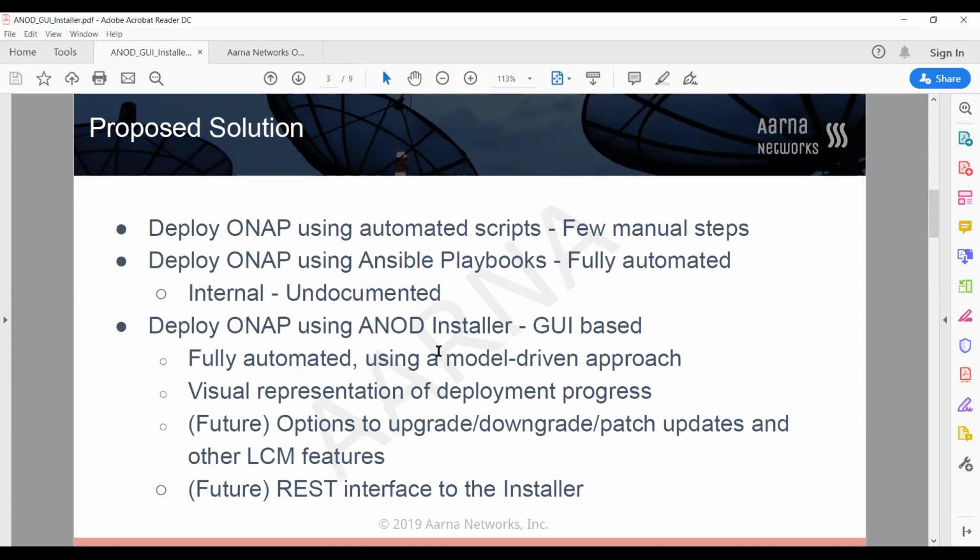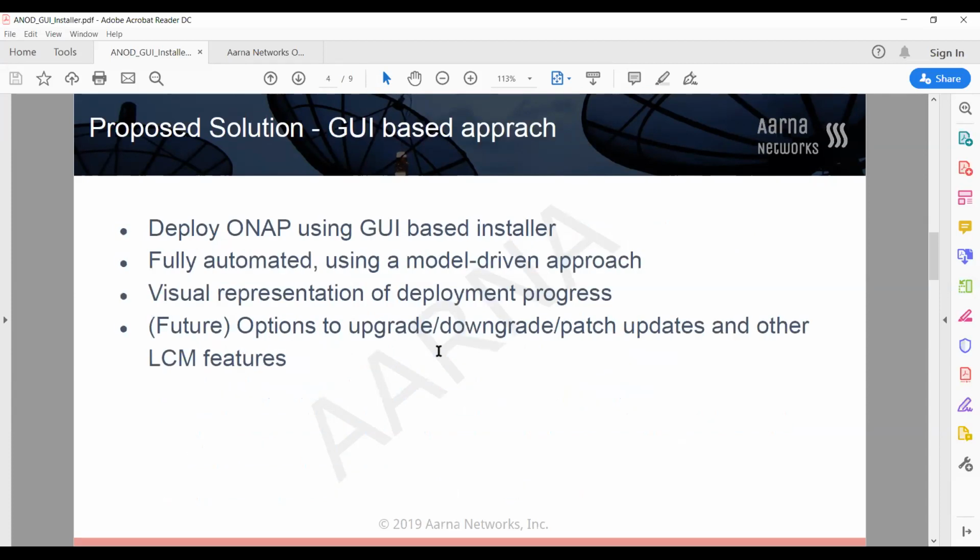And as Amar mentioned in the previous presentation, there are a few features that we would like to add in subsequent releases, which are currently not there. For example, the options to upgrade, downgrade, essentially do the entire life cycle management of ONAP itself. Not the VNFs, but ONAP itself. Another interface that we would like to provide is a REST interface so that some of these operations can be automated. The GUI-based approach is what we're going to show in the demo today. So essentially, it's deploying with a GUI, and it's fully modeled. There is also a visual representation of the progress, and also ability to